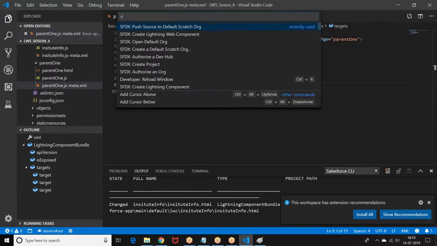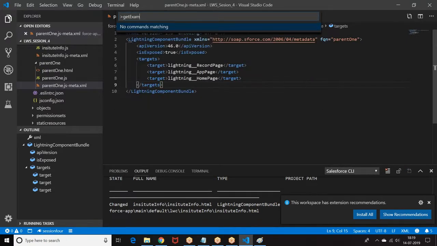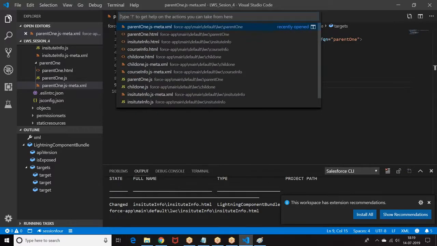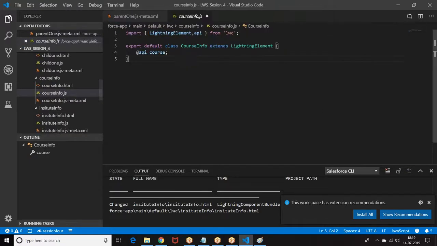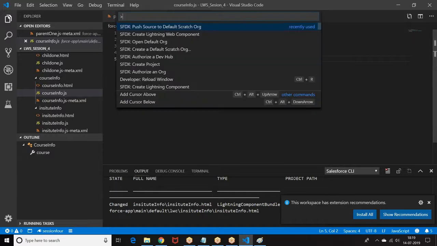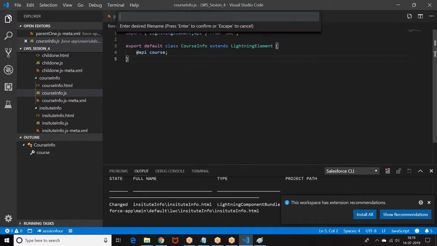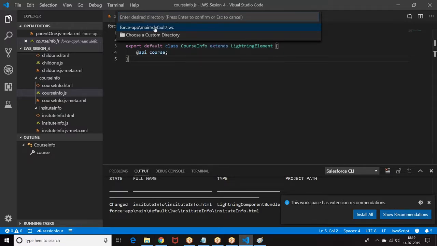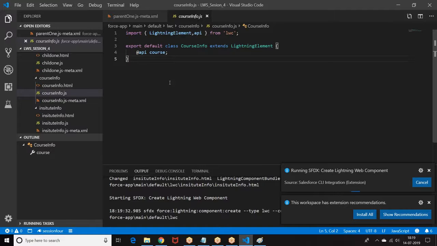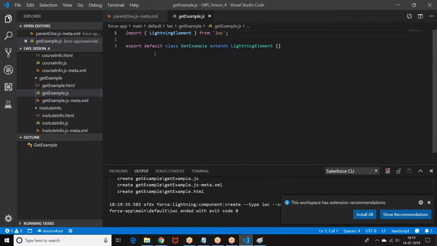Control Shift P. So I have here get example. Okay.